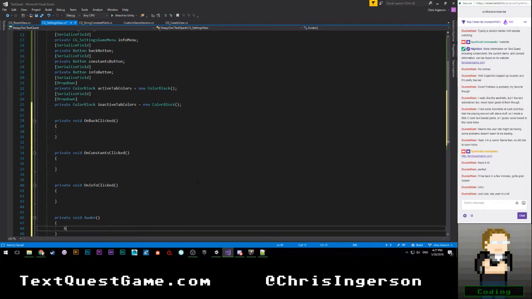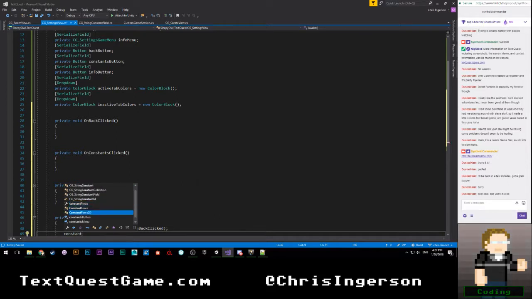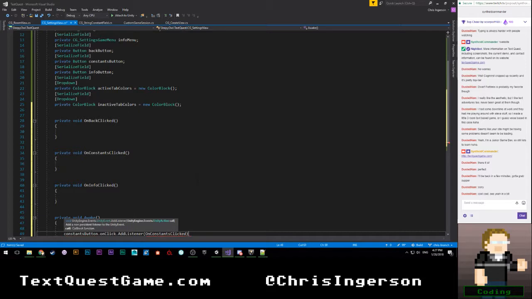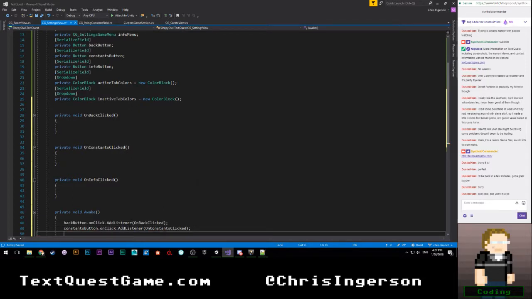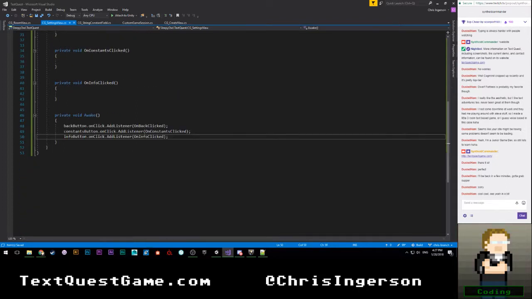Okay, so we're going to say back button dot on click dot add listener on back clicked, constants button dot on click dot add listener on constants clicked, and then finally info button dot on click dot add listener on info clicked. Okay, all that.